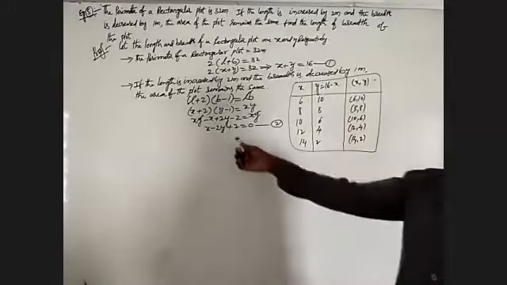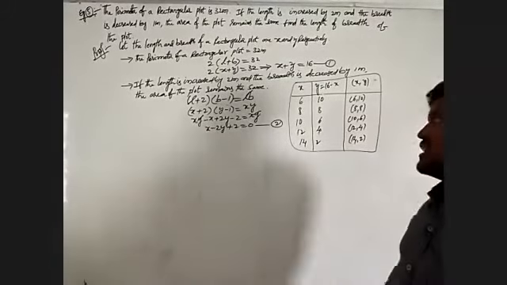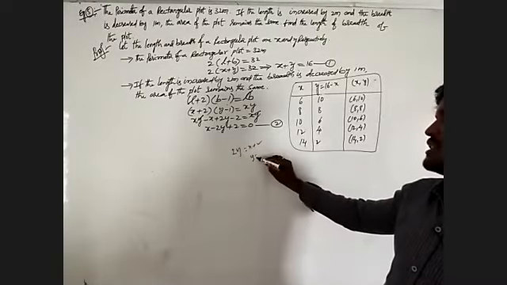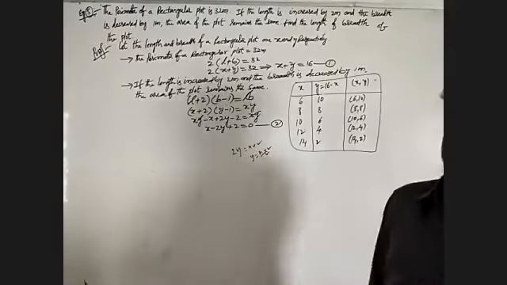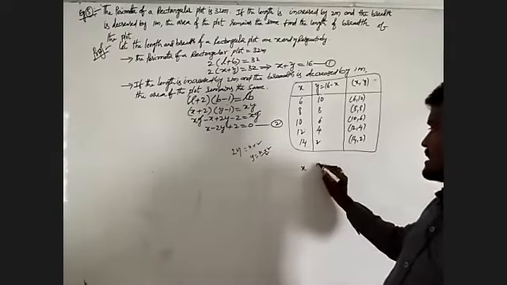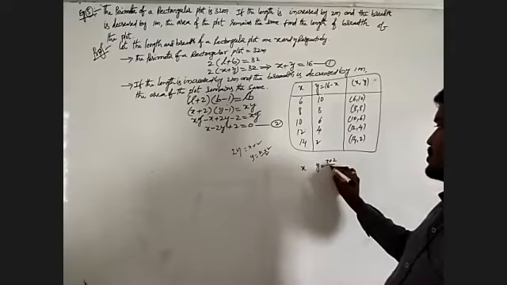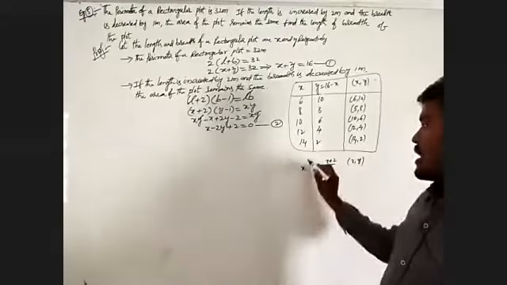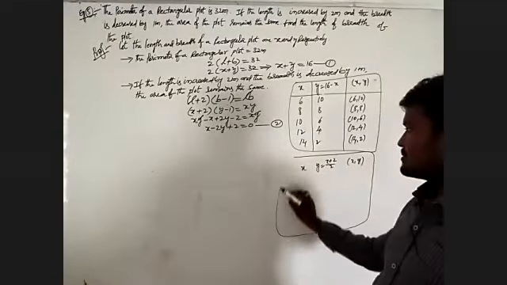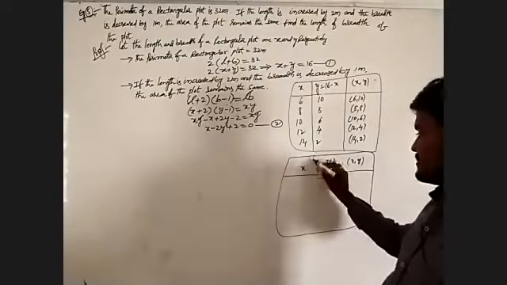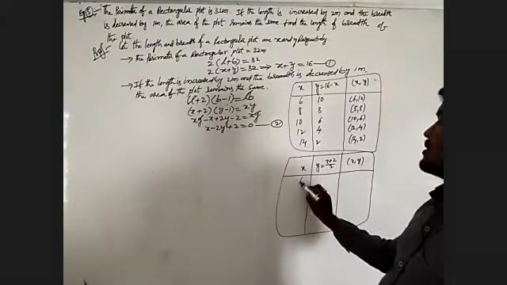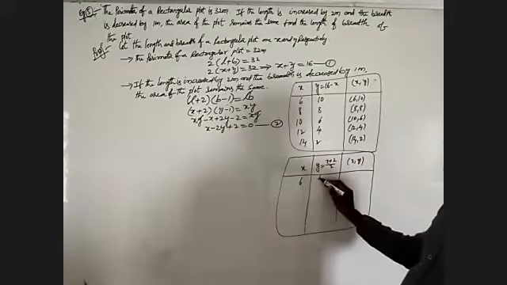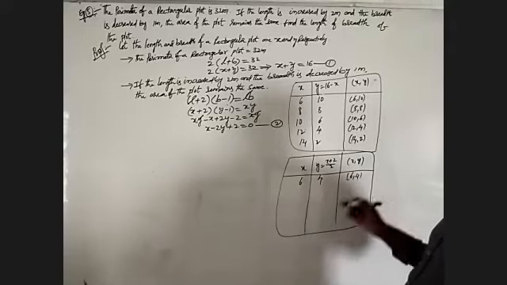We have to consider the second equation, x minus 2y plus 2 is equal to 0, where 2y is equal to x plus 2. After that y is equal to x plus 2 by 2. We have to write this one, x, y is equal to x plus 2 by 2. After that we write the plotted points x comma y. We take some values of x, then the y value is considered. Here first, let x is equal to 6. 6 plus 2 by 2, 8 by 2 becomes 4. That we name as 6 comma 4.